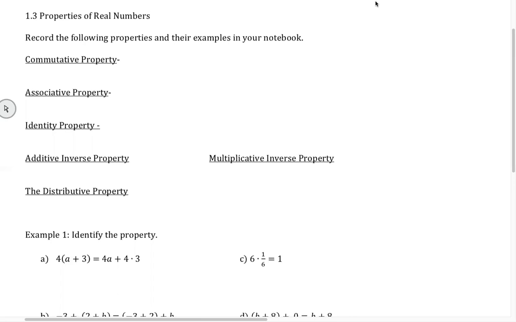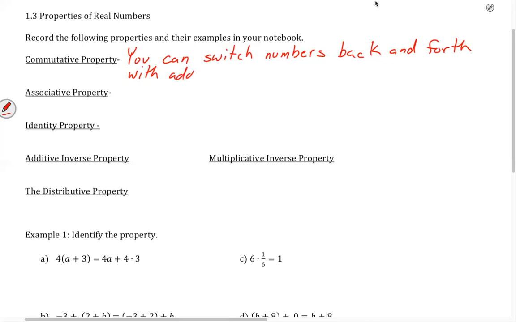So that's what the commutative property is. It means numbers are going back and forth. So in short, you can switch numbers back and forth with addition and